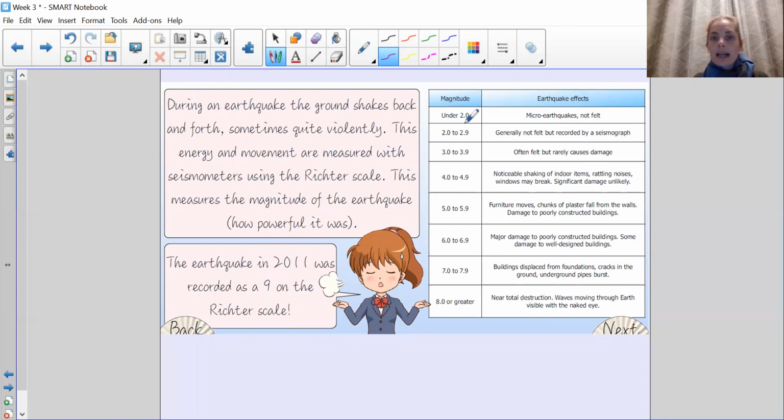So you can see that anything under 2, you don't really feel. It might be a little bit of a tremor, but anything over 8 is really big, with massive destruction. There will be waves moving through the earth visible to the naked eye. So you can actually see everything moving, all right? You can even go and Google some earthquake videos and have a look at the impact of an earthquake